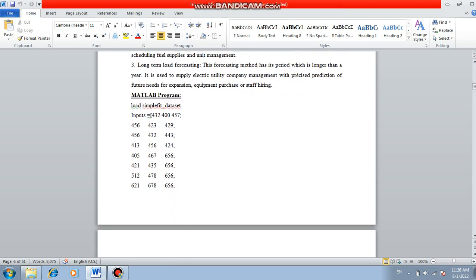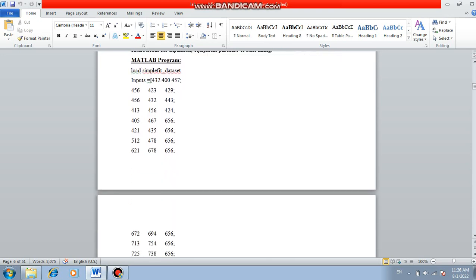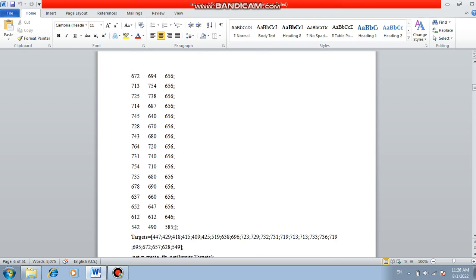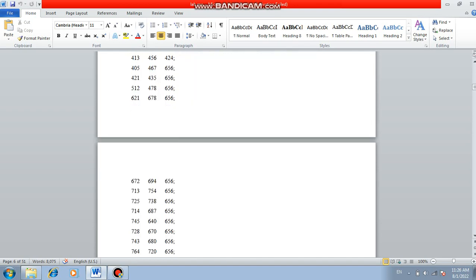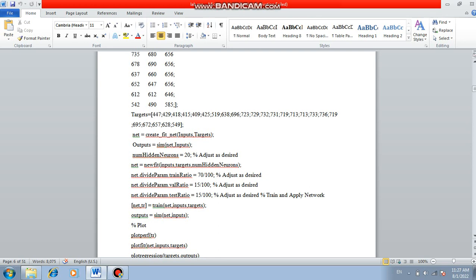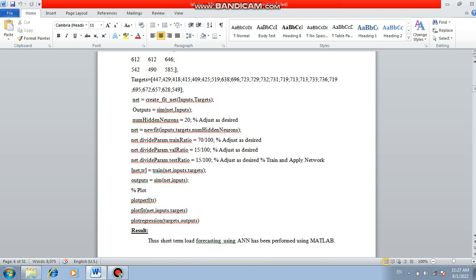So this is how we can define or classify load forecasting. The MATLAB program we can write for forecasting. We need to get the inputs. We need to define the input based upon the history of the load, as I said, using the minimum value and maximum value, for 24 hours. We have done the short-term forecasting for 1 day. Okay, so we created the output. This is the program we need to write